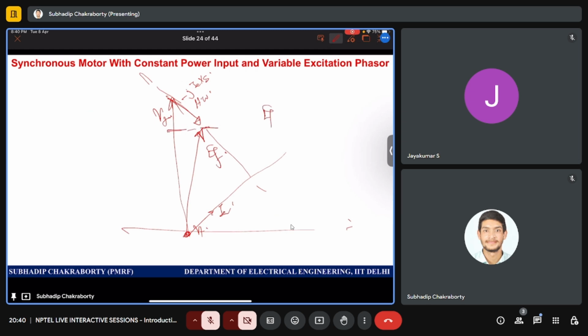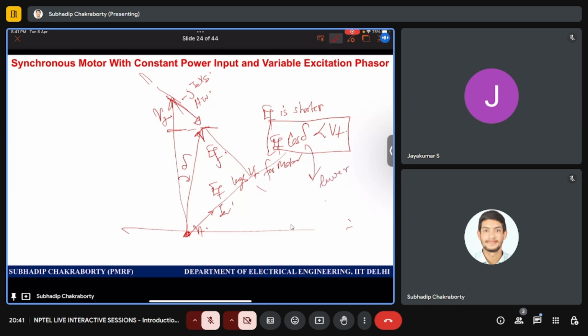Now see, EF is shorter, means EF cos delta. So first observation is EF lags VT for motor, and EF cos delta is less than VT. EF cos delta less than VT means that the excitation is lower, so should be underexcited, because lagging loads